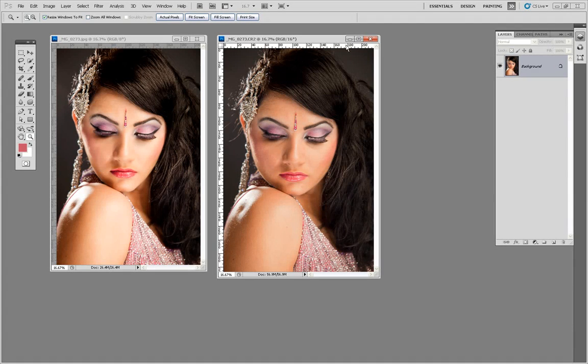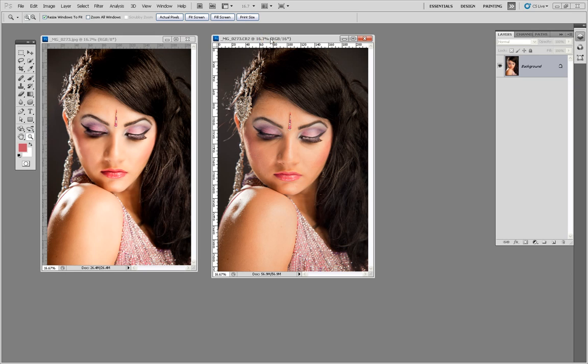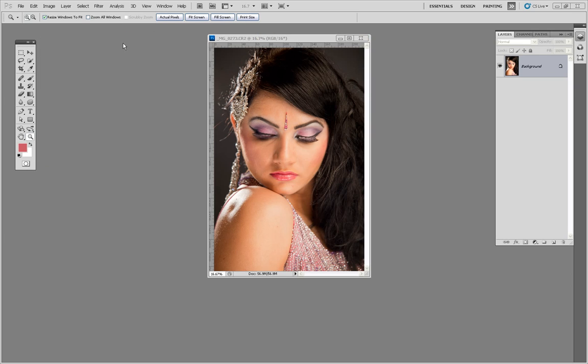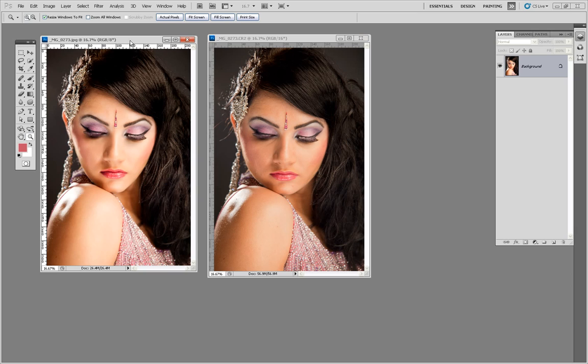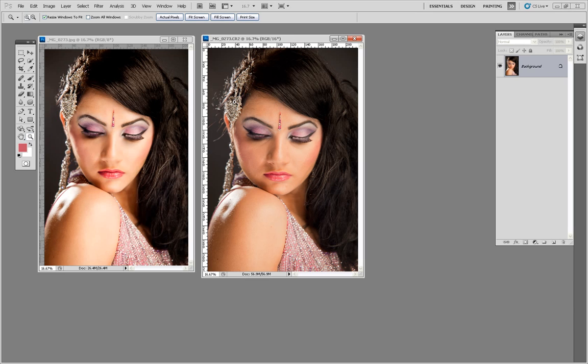In this exercise, what we're going to do is reshape the face of the model. The client came back to me and said that the model's face was too round and would like it a little bit longer and reshaped in a little bit. You can see the before and after. Okay, this one you can see it's been photoshopped, maybe a little bit heavy photoshopping on that. But what we're going to do is start from the basic image here that we've just opened from the raw